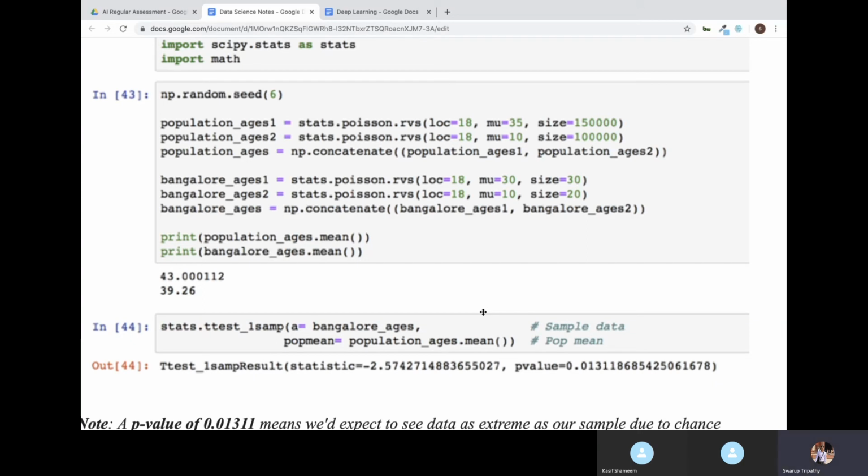The p value is compared with alpha. If p value is less than alpha, then reject the null. If p value is greater than or equal to alpha, then do not reject the null. Alpha we have to set, and the p value the computer will give, that is, our equation will give.